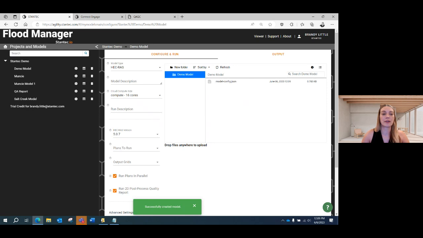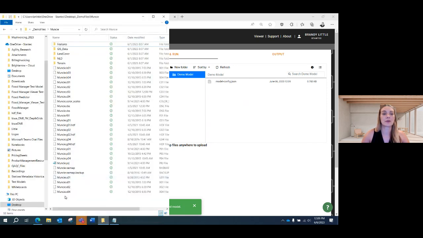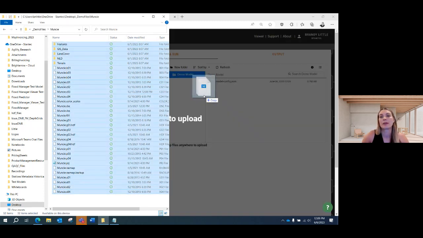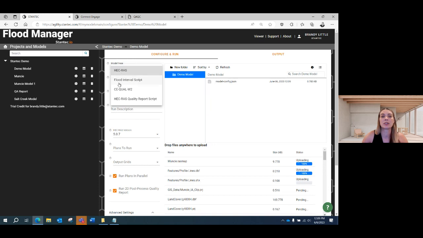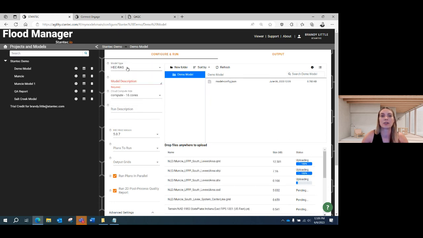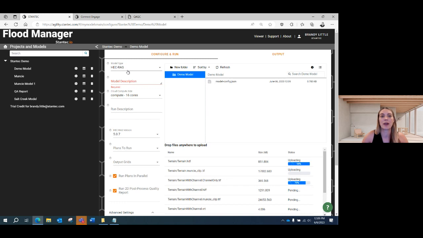We have the user interface where the files can be uploaded. The engineer is still doing the modeling on their local PC. They are setting up the model, and then when the model is ready to run, they're dragging and dropping those files into the UI. As these are uploading, you can go ahead and fill out all the parameters. We do have model type here, and there's some additional selections. We have a quality report only, which I'll go into detail further in the presentation. We have a flood interval script, which is some post-processing to combine depth grids into a flood interval raster. So I have some base